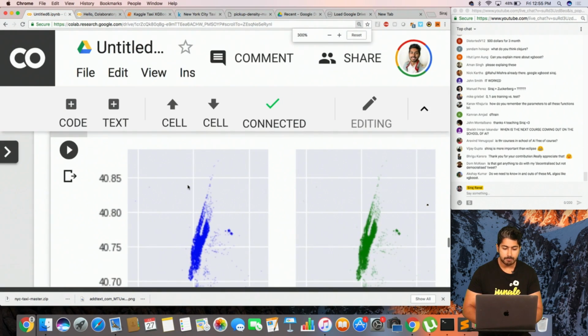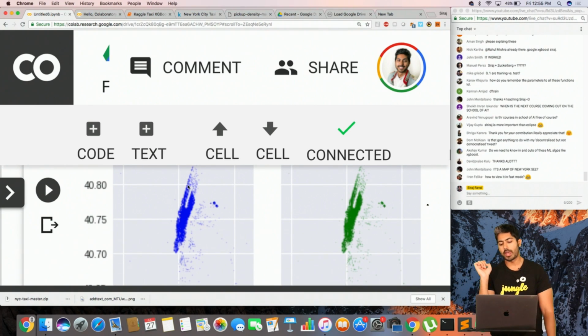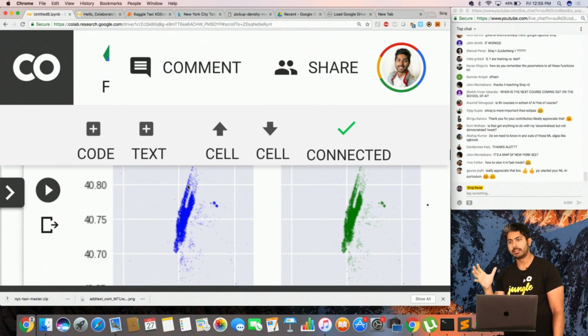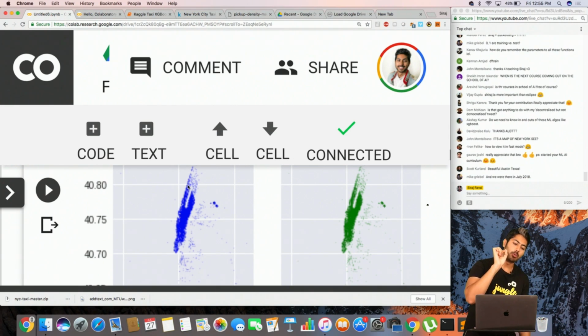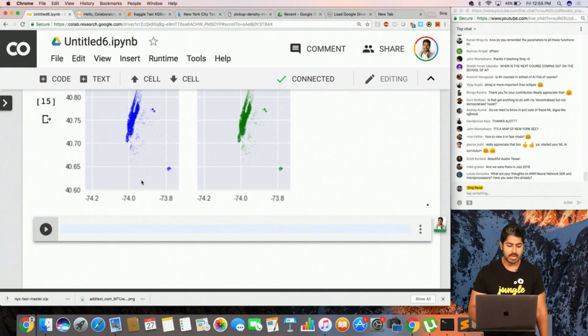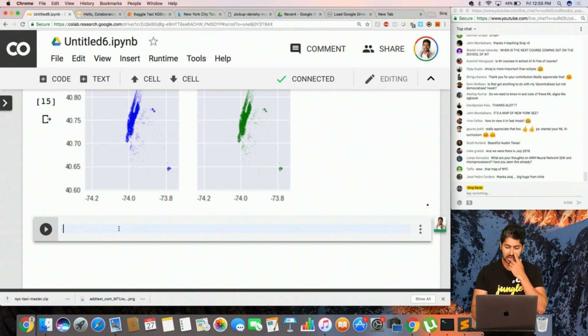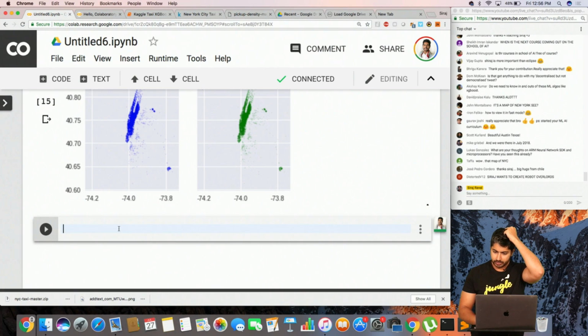Okay, so check this out. We literally made Manhattan. Look at this map. On the left is our training data, on the right is our testing data. And if we look at it in this general way, they look pretty similar. But that is a map of Manhattan based only on the trip duration of all of these rides. So that's amazing, by the way. Let's just keep going here. What else do I want to do in terms of data analysis? Let's just say that's it.